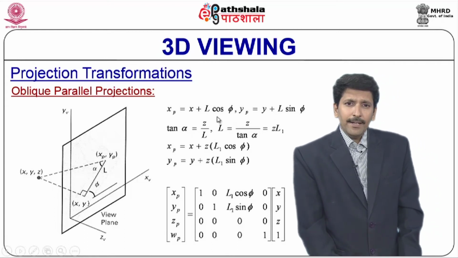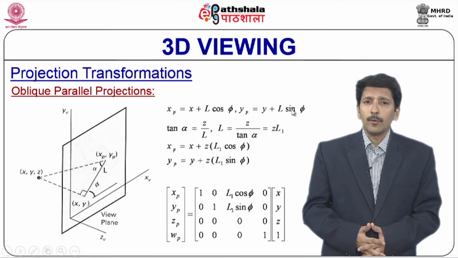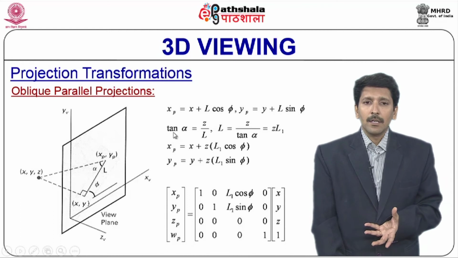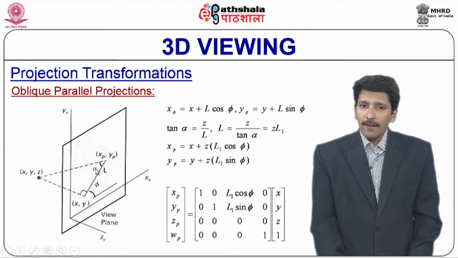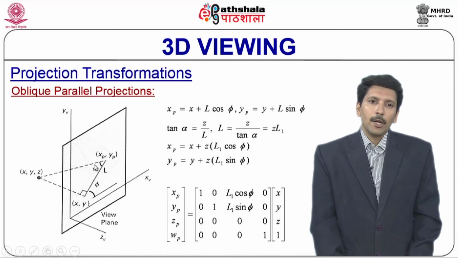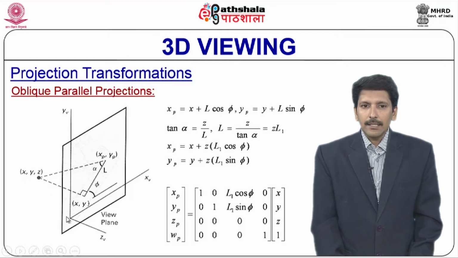Now, in these two equations we did not use alpha, which is an important angle. How do we use alpha? We have to bring in the angle of projection. So, tan alpha is equal to z by L. Alpha is the angle between the line L and the line of projection. The triangle to consider is formed by the positions x y z, x y and xp yp. Tan alpha is opposite side by adjacent side, where the adjacent side is L and the opposite side is this length, which is parallel to this length, and is actually z.